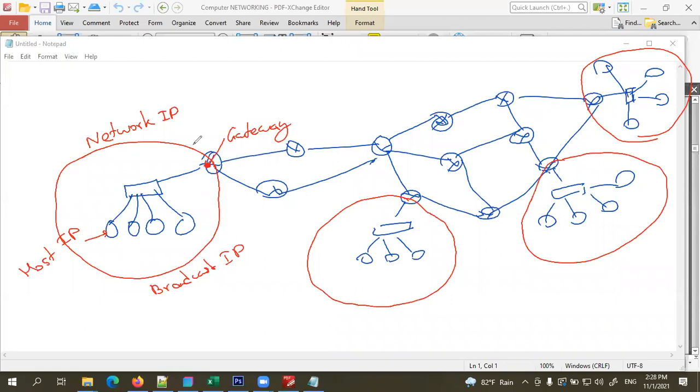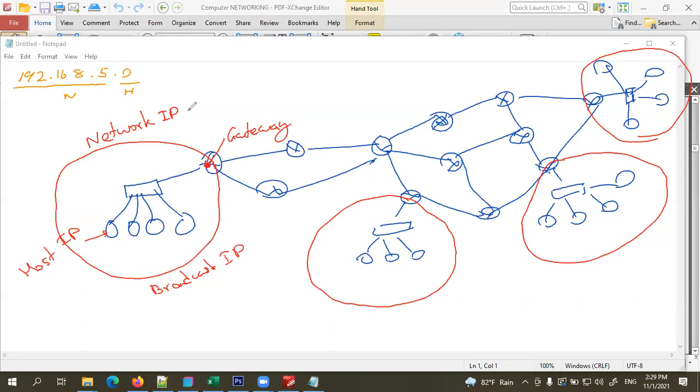So children, if we just consider a network, there are 4 different IP addresses we must identify in a network. For example, if I just write an IP address 192.168.5.0, okay, now you must be aware that this is the network part and this is the host part.